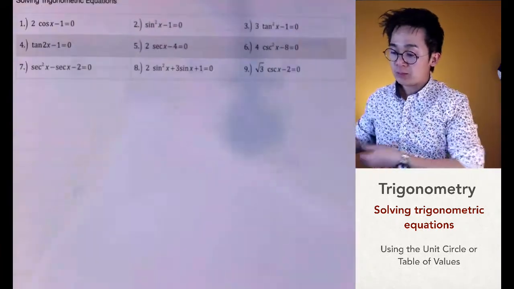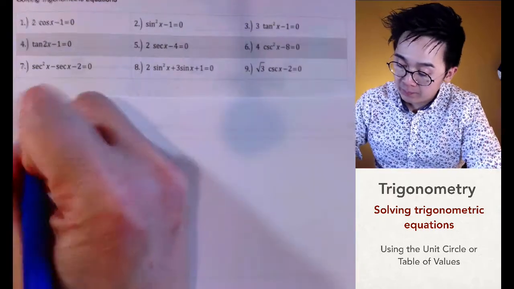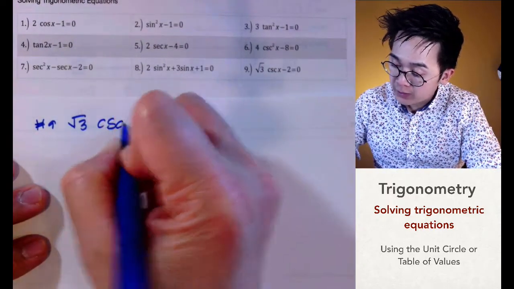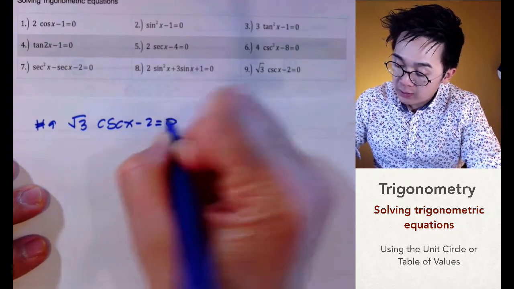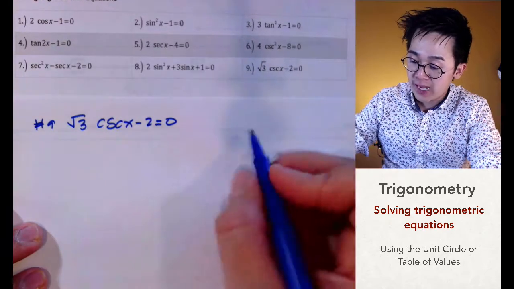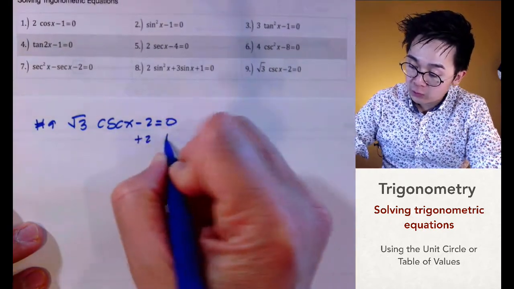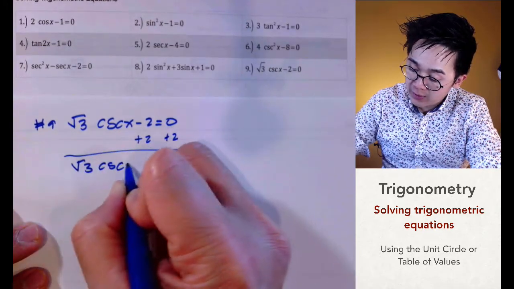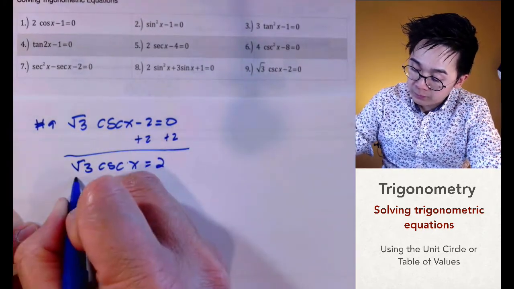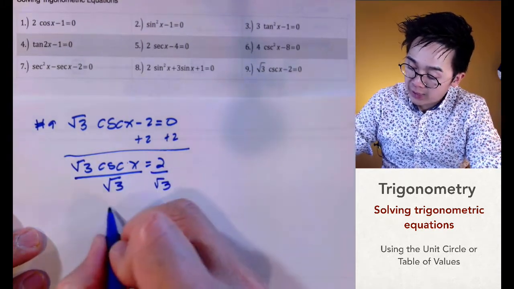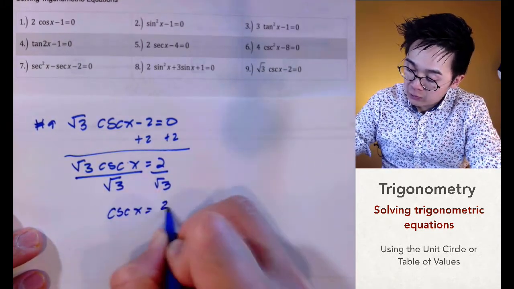And for the last problem, we have number 9. We have square root of 3 cosecant x minus 2 equals 0. This one is a lot easier than the first two examples. All we need to do is to add 2 on both sides. So we have square root of 3 cosecant x equals 2, and divide by square root of 3. So we have cosecant x equals 2 all over square root of